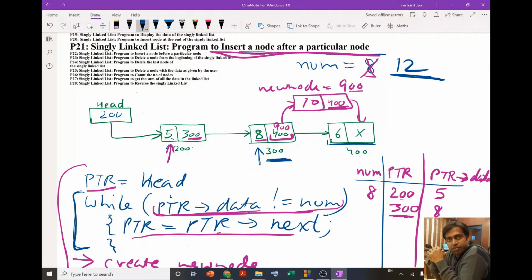If we come at the end of the linked list, then we should interrupt in between, and simply pop up the message that the mentioned data is not there in the linked list.